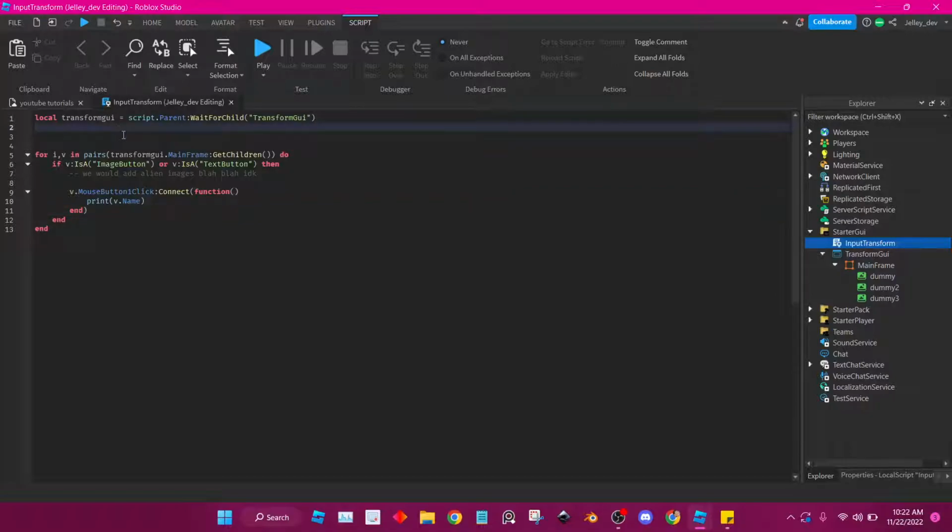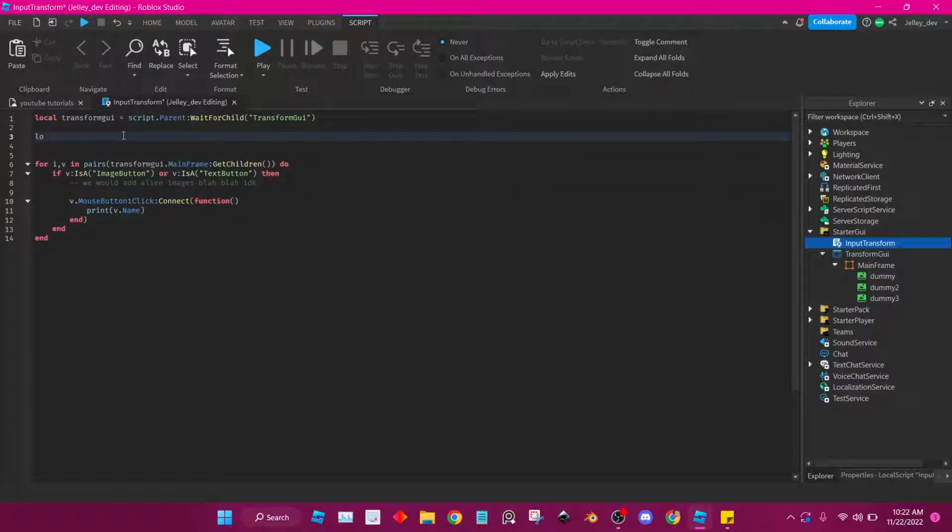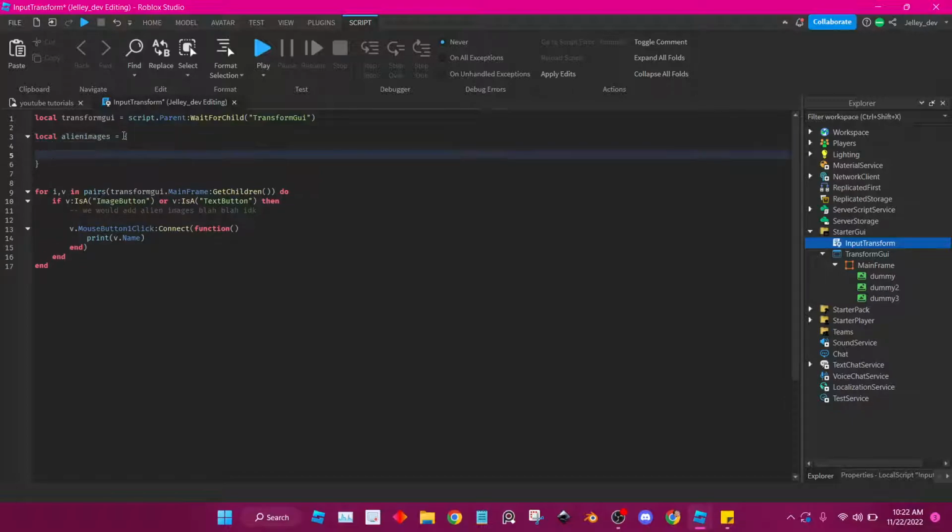Okay, so we'll do local alien decals. Local alien images. We'll make a table. Break it down. And now we'll do the alien name. It will be like dummy is equal to